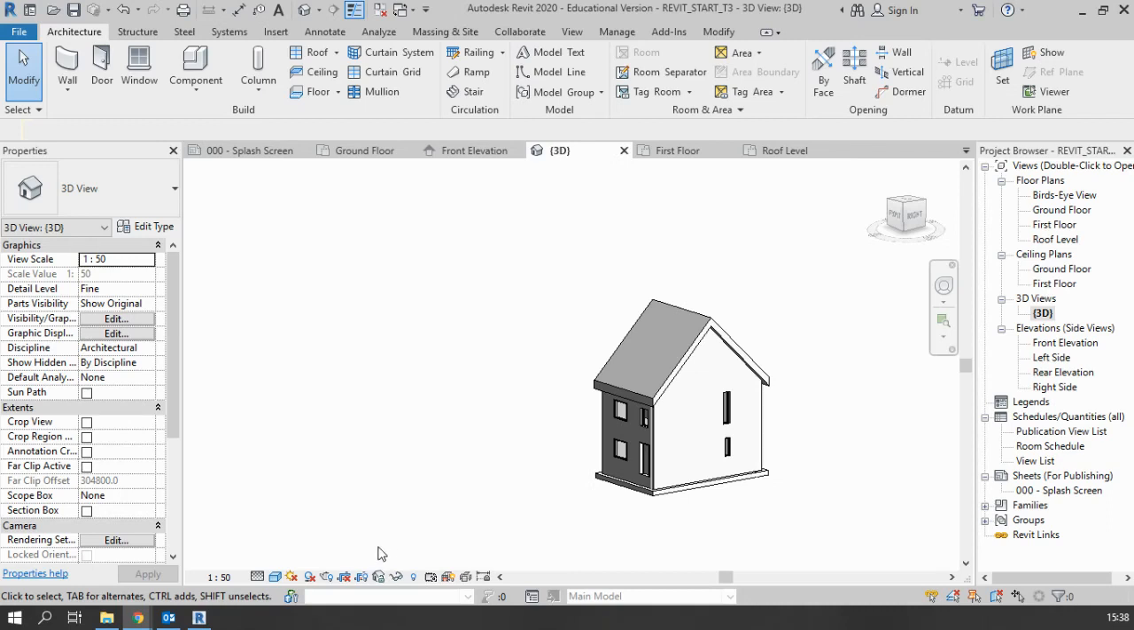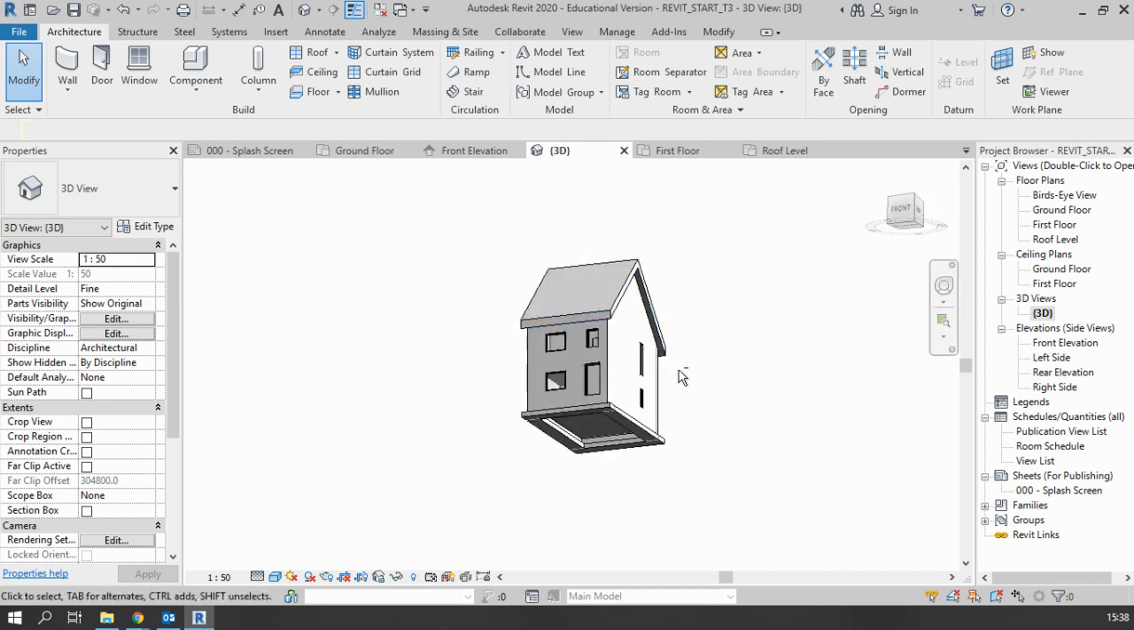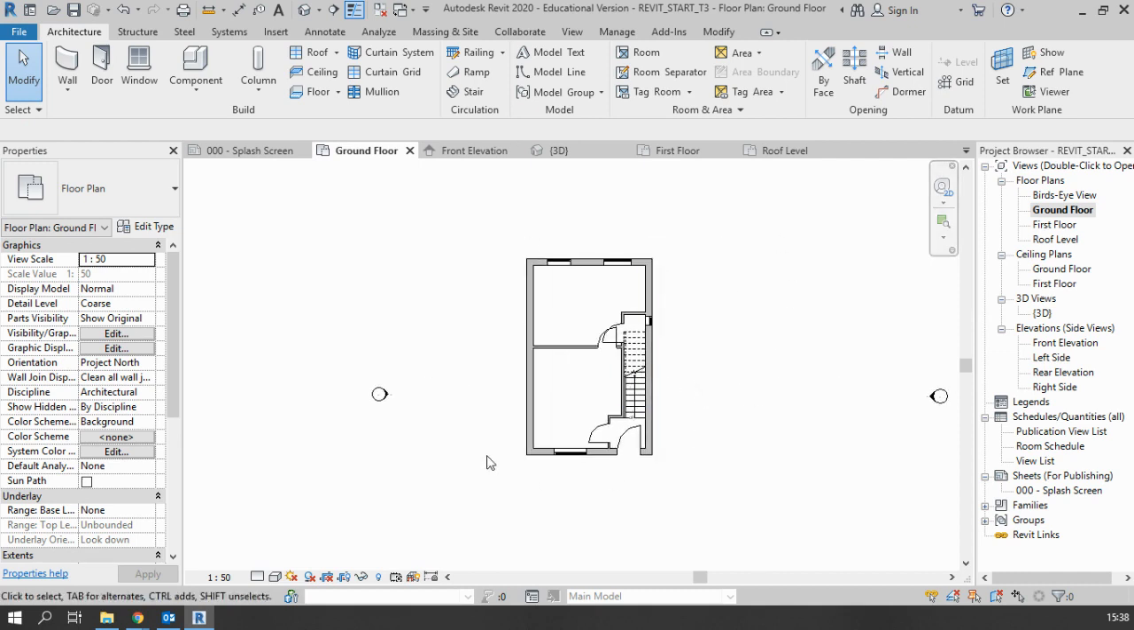Yeah, so now that we've got our building, we can start to annotate this in terms of adding some detail, some information onto our model. So we've got the plans, we've got the external envelope, that kind of thing. So what we need to do is start to add some labels in to identify the different rooms. So to do that, we're going to add some room tags. So in order to do that, if you go to Architecture, Room and Area, click on Room,